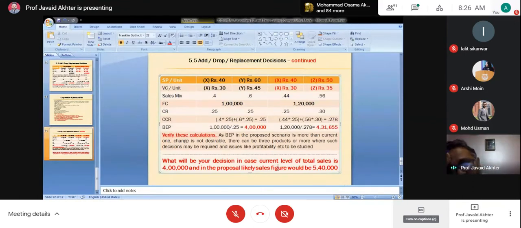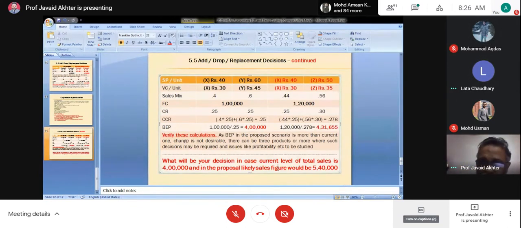Third or next? Variable cost is not always the same. Say yes, please, one of you. Variable cost is not always the same. Variable cost in real life will not remain the same. What will happen to variable cost? It will keep on changing, meaning increasing or decreasing.